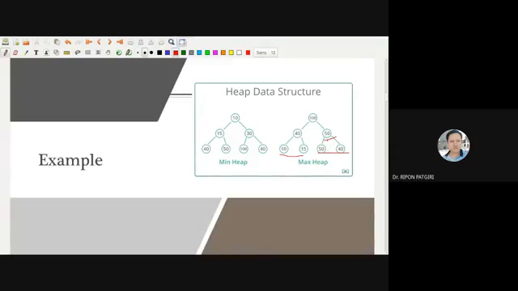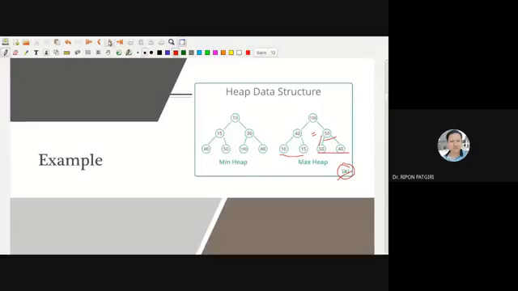Or equal. See, these are equal, 50 equals 50. But where you place it, left side or right side, doesn't matter. Here position doesn't matter. If position matters, then it becomes a binary search tree, which we'll discuss. And this figure is copied from Geeks for Geeks. You can see the logo of Geeks for Geeks here.